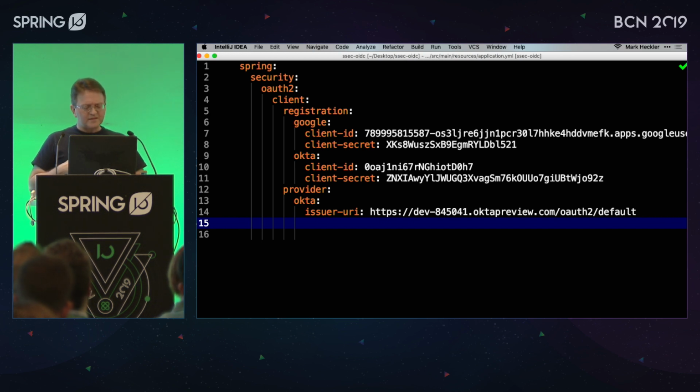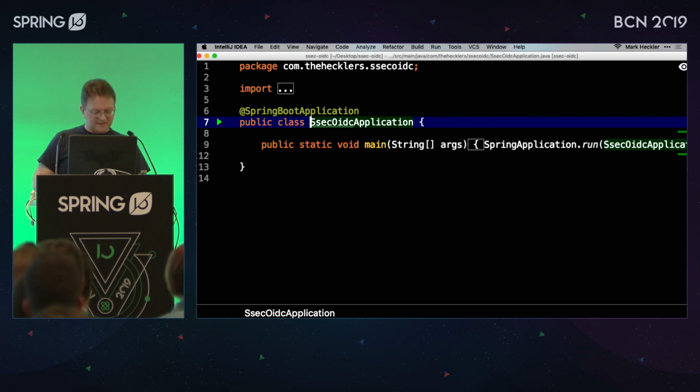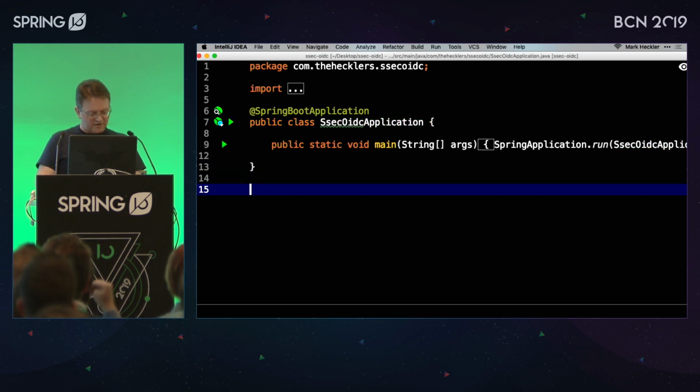And the issuer URI is, again, for issuing your bearer tokens. So here, in case anybody's concerned about the client secret, as long as you create an application that routes back to localhost 8080, go crazy. Anyway, okay, so let's go to our main application class, and then let's again start off with creating our endpoint,